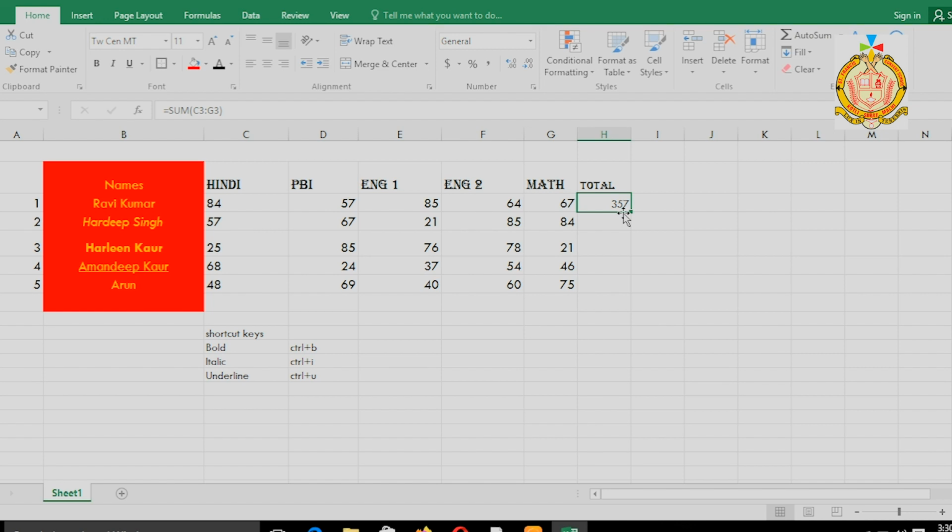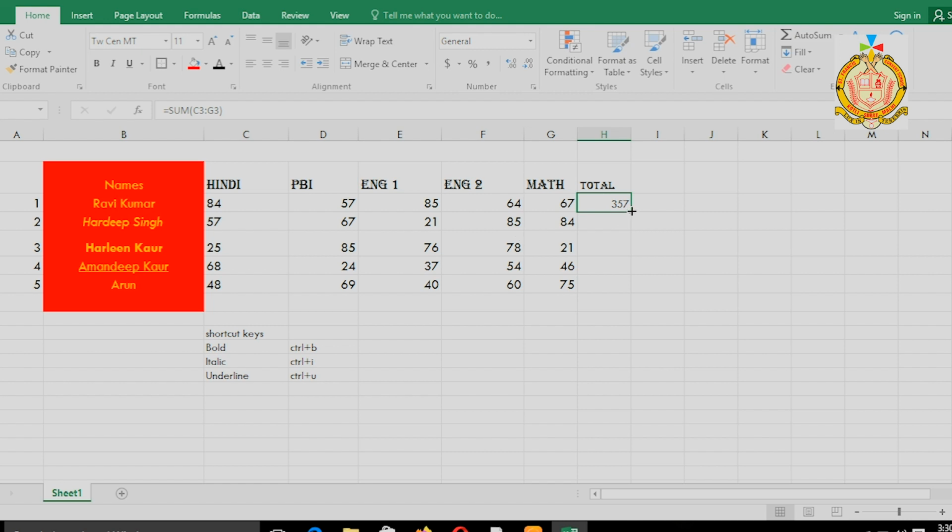Again, for your understanding I have only 5 students here, but if you have 100 or 300 students you have to apply the same formula. So again I want to give one trick. Here we have 375, I totaled Ravi Kumar's marks, but if I want Hardeep, Harleen and other students' marks, it will be very easy.